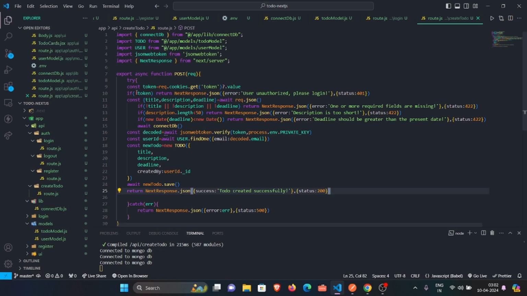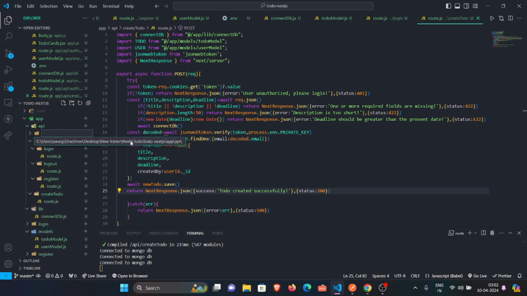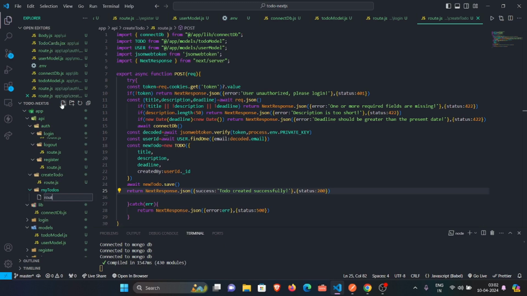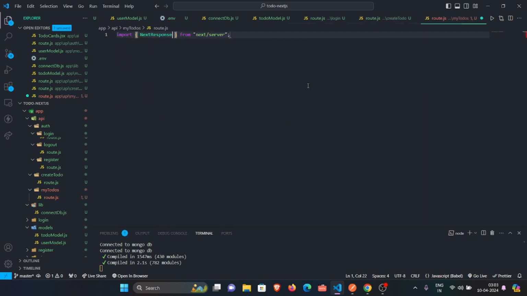For that, we need to create a separate route. So let's create it real quick. In the API, we will be creating another directory called my-todos, and here we are going to be creating this route.js. So here, let's import NextResponse and let's export